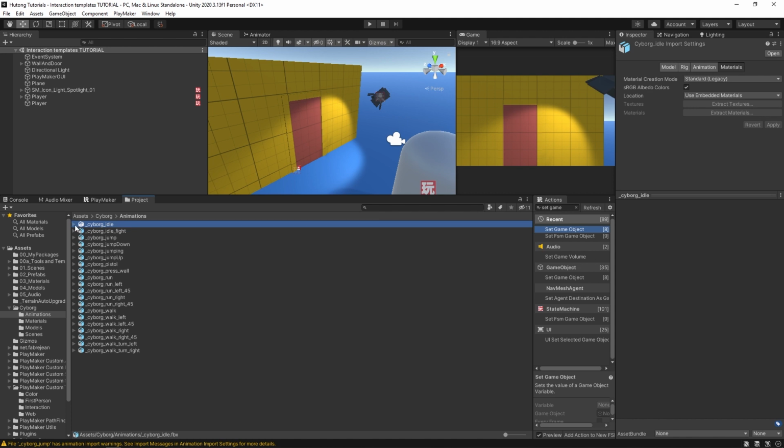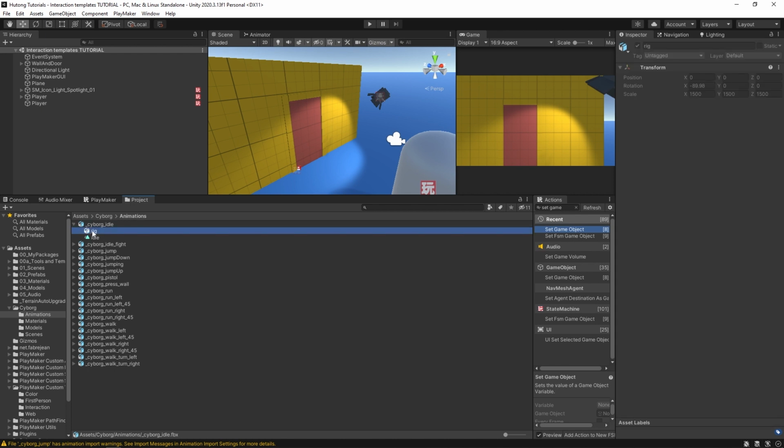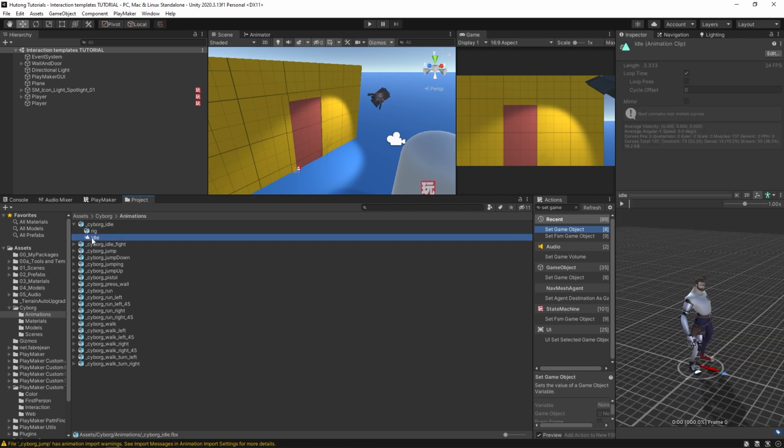So if I press this little drop-down menu, you can see that it comes with this rig, which looks like just an empty root object that has a transform, right? So that means it's kind of like an empty game object. And then this little triangle is an animation file. It's an animation clip. Okay, so when I have that selected, you can see up here in the inspector, it's